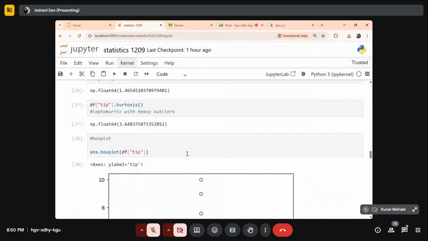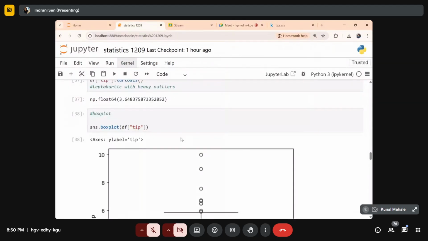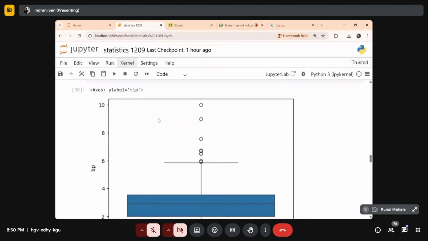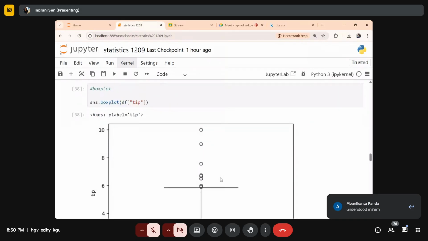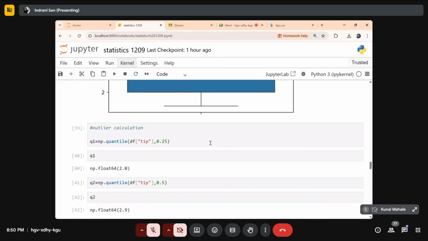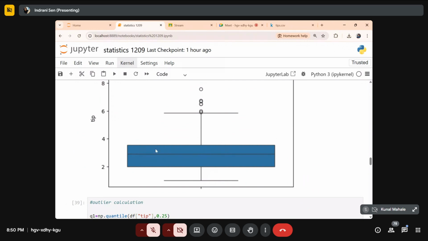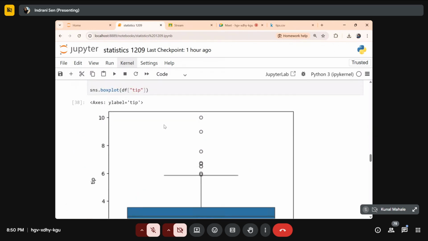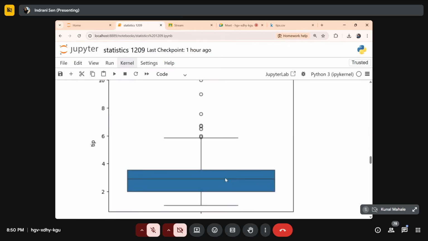So yeah, it's a bit of practice. You can do this. Otherwise, you can see the demo, because there is no other way to explain statistics rather than this. Otherwise, you have to do the theory and calculation. So here we have done this, and the box plot will show you the